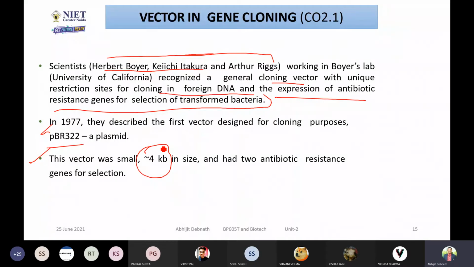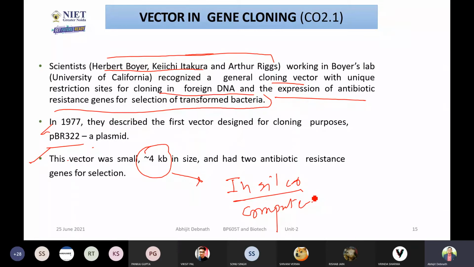kb means kilobyte. Now you might be wondering, sir, the vector is almost 4 kilobytes, but when we talk about kilobytes, this comes under the discussion of computers. We use the word kilobyte in computers. So how can you correlate the gene with this? When they are doing the preliminary studies, they do the preliminary study in the in silico way. Now what is in silico? In silico means computer.